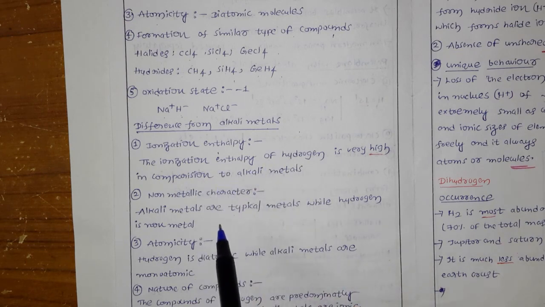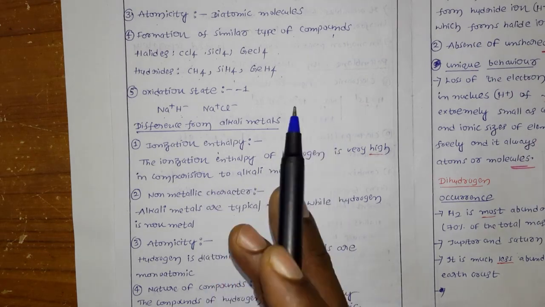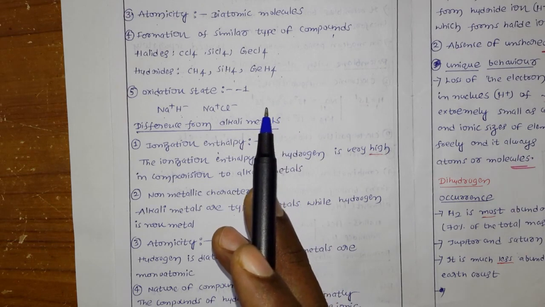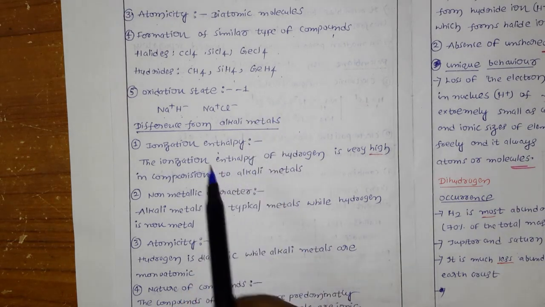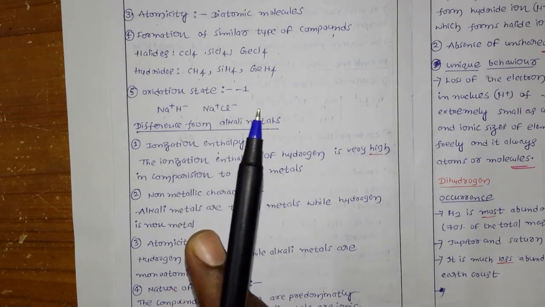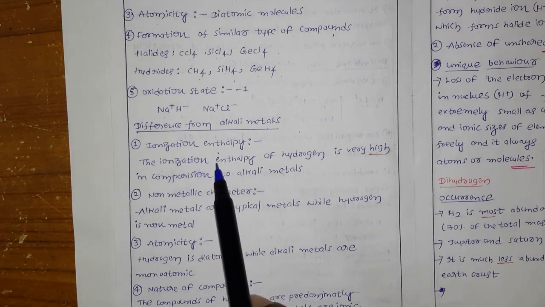The alkali metals have very low ionization enthalpies, so they can lose their electron very easily. But hydrogen won't be like that. It requires more energy to lose its outermost electron, so that is one difference from the